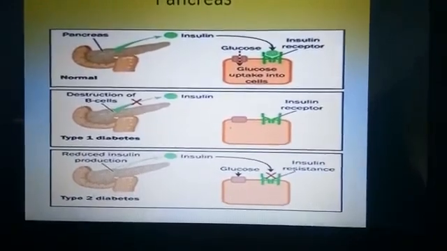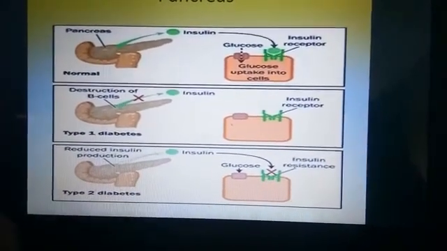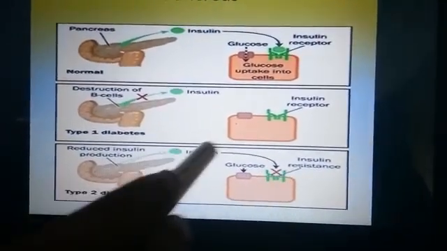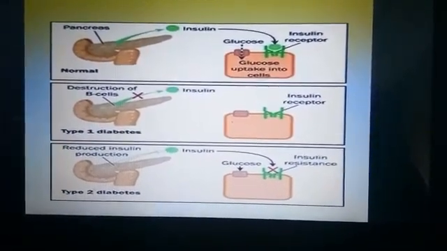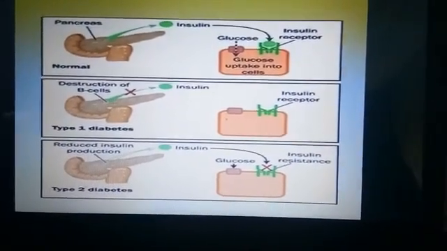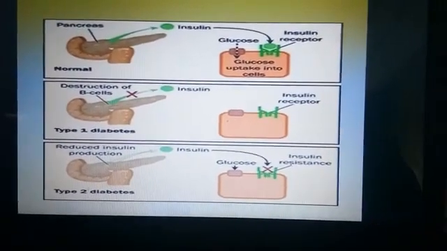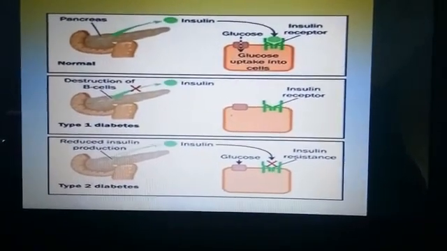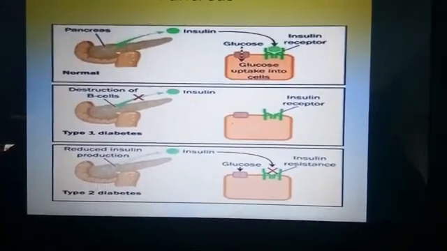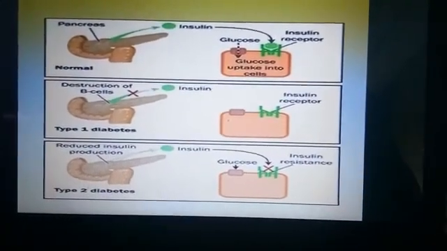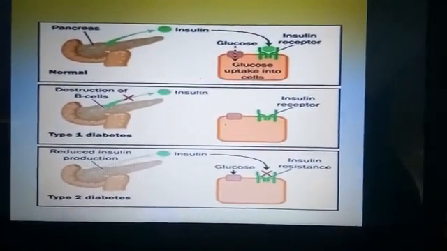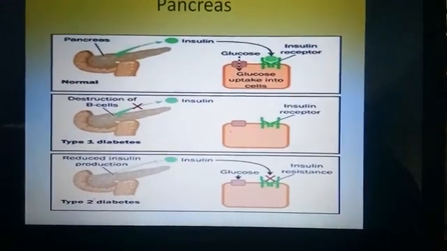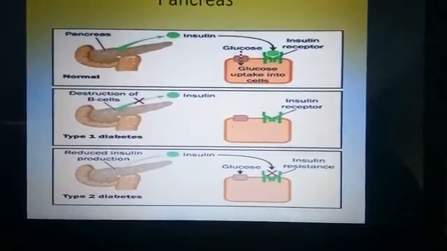Coming to type 2 diabetes, you can see the pancreas is very normal. It is functioning in a normal way. It is releasing insulin, but the cell receptor is not receiving the insulin. The receptor got damaged. It developed an insulin resistance, and it is not receiving the insulin, so the cell cannot make use of the blood sugar, the glucose. It cannot produce the energy. It is lifestyle related, due to obesity, I told you it is causing, and that kind of diabetes is type 2 diabetes. Hope the diabetes is clear for you, children. Lot of other things are there, but to your level that is not required for you.